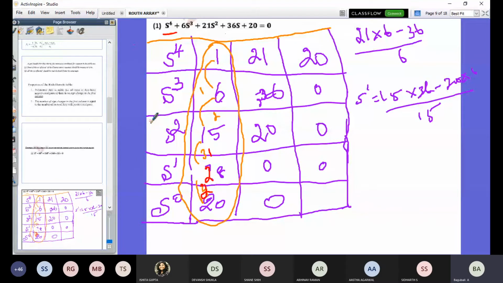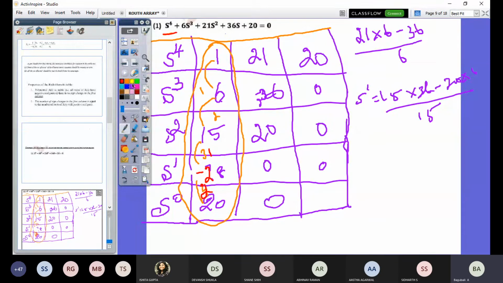So the system is a stable system. Like that you can conclude. Okay, any doubt? Suppose here a negative sign is present. In that case you can conclude that 2 roots are located in the right half of the S plane and 2 roots are located in the left half of the S plane. Any doubt? No, sir.